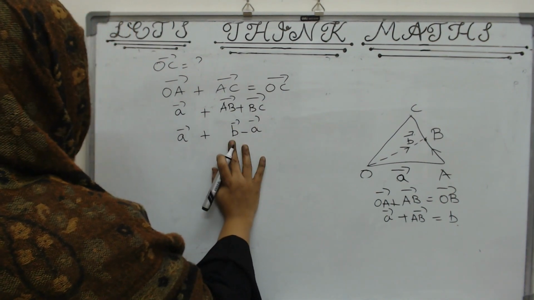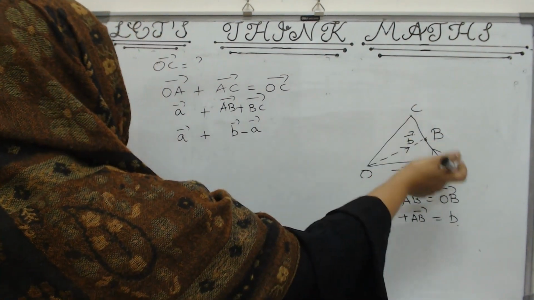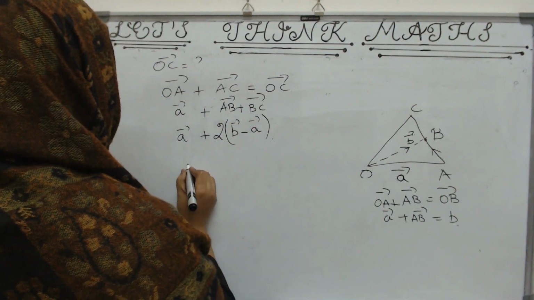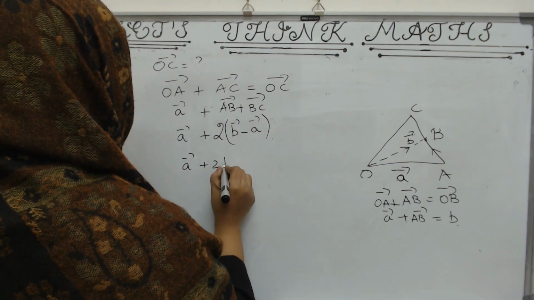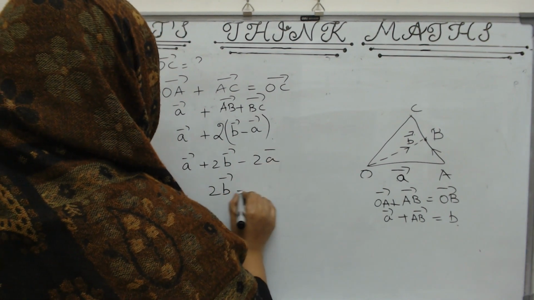But then it is a midpoint, right? It divides it into two equal parts. So what is the other part? BC is also the same. So AC is 2 times this. That means a plus 2b minus 2a. So 2b minus a is your